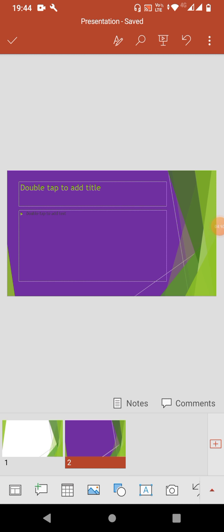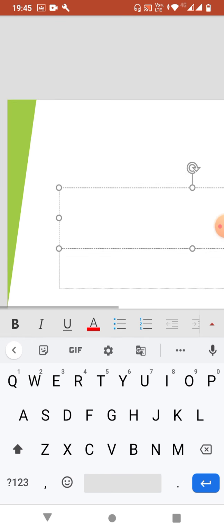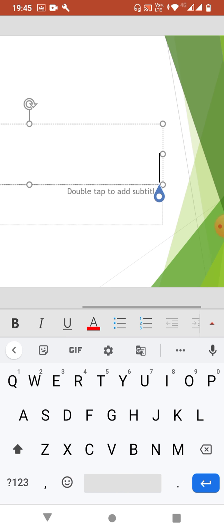In the Windows laptop or Windows computer, you can see that the slides are coming on the left side, but here the slides are coming like this. Yes, from here we can see, we can tap, we can edit, we can insert some pictures from this.